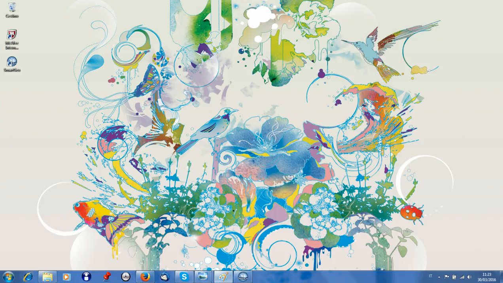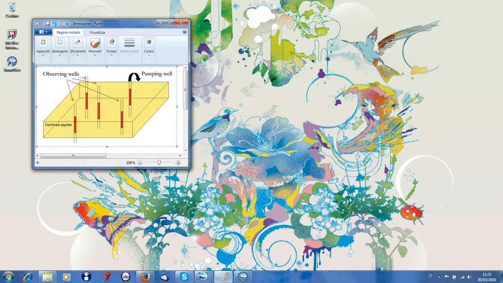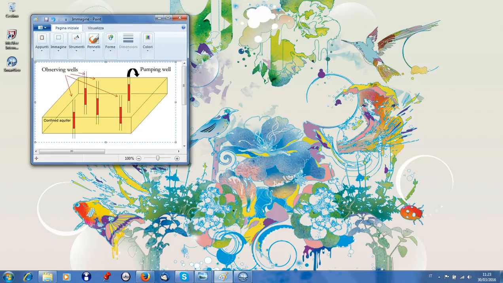Hi to everyone, this video will show you the SmartGeo software, a tool for interpreting hydraulic head data collected in the field for groundwater characterization. For instance, if you have an aquifer and you want to understand its behavior and you want to